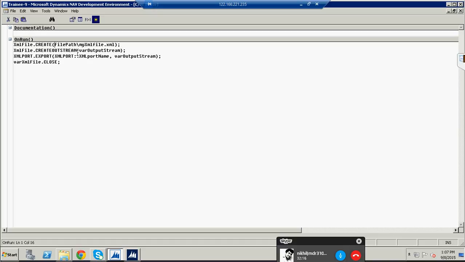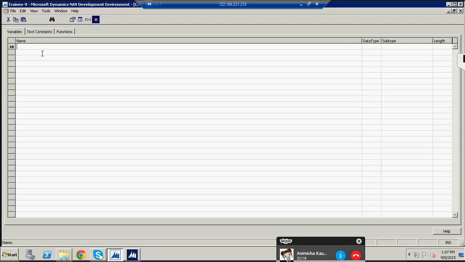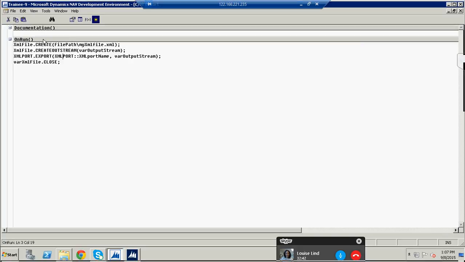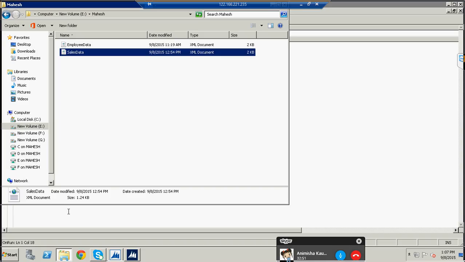So what I'm going to do here, I'm going to create a variable with name XML file, and here I choose data type as record, and here we have a table called file. This is a virtual table. You'll not be able to see this in Object Designer. So XML file. Now I'll use this. So here what I'm going to do, I have to give the path to create the file,